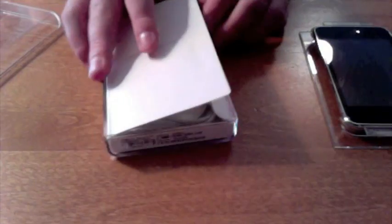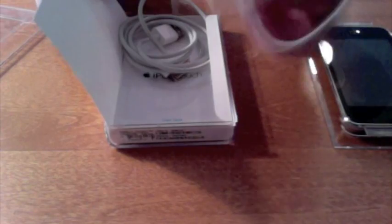So here's the iPod Touch. You're just going to pull it out of the box and it will come in this little case frame. On the back it gives you some instructions on taking the casing off, but we're going to get into that in a moment. In the box here, you open it up. I'm sorry I did not do the best job of wrapping these up. You have your